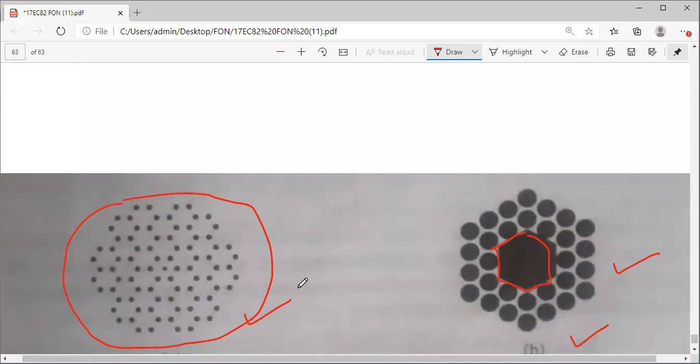We will be starting with the next session, module 2, transmission characteristics of optical fibers.